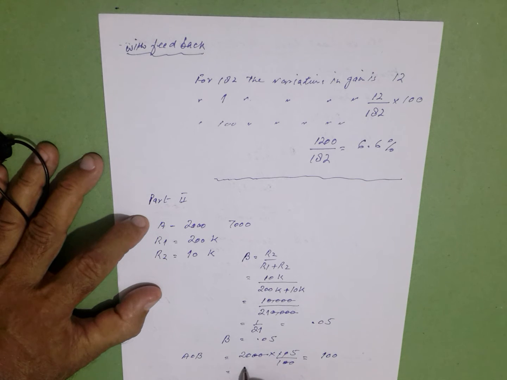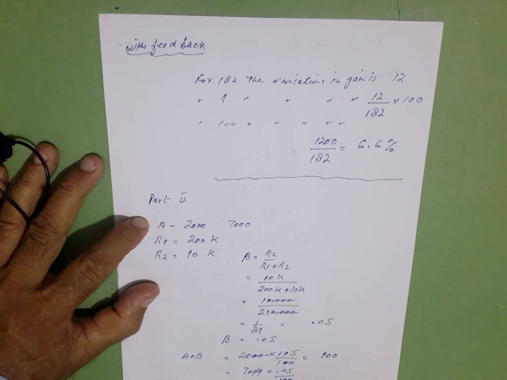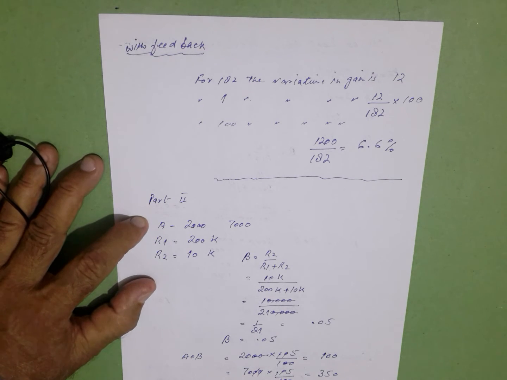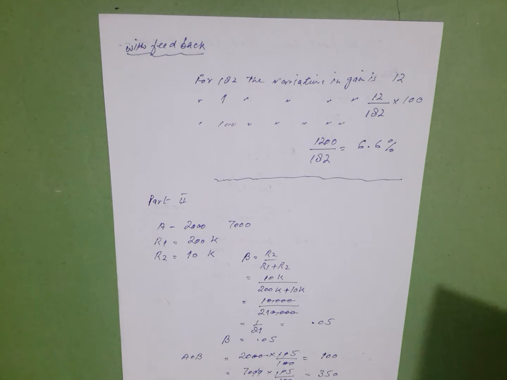For 7000 multiplied by 0.05, these two zeros cancel with this, and it is 350. A naught beta is 350 for 7000. Let us now calculate